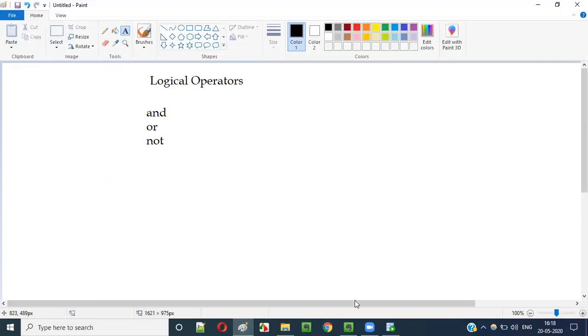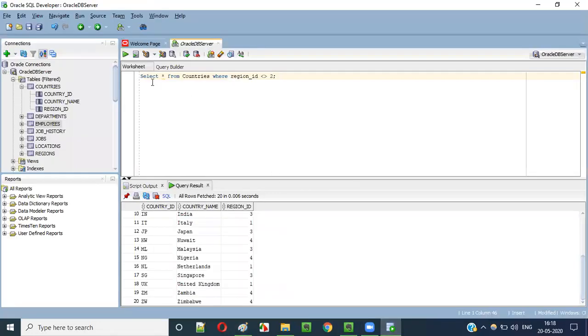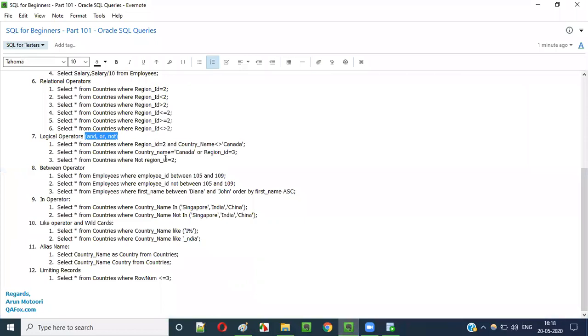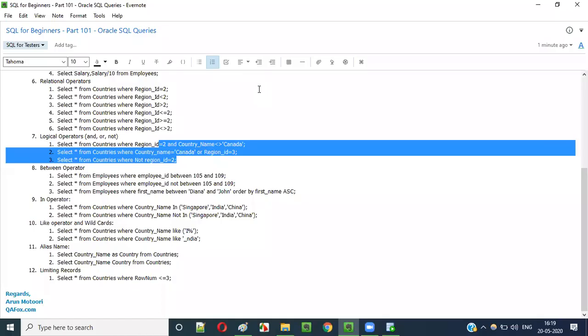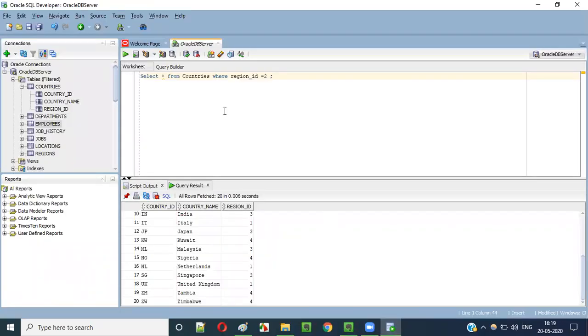Let me show you. Suppose here, select star from countries where region ID is equal to. Here I already have some logical operator examples. Let me demonstrate how to use logical operators like and, or, and not. Select star from countries where region ID is equal to 2.